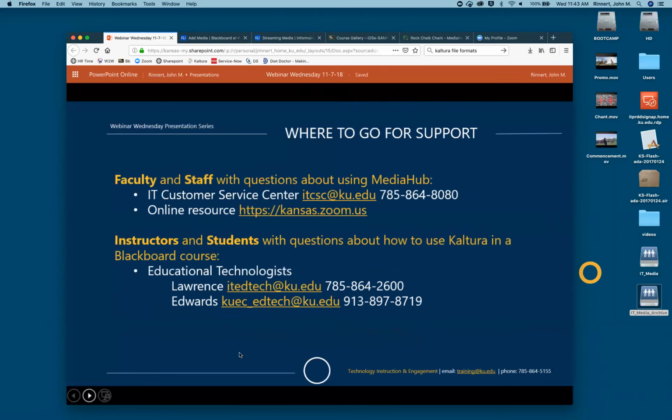So if anyone's still with me, you may have some questions after this, but I do want to mention a good place to get support for faculty, staff, and GTAs that have access to MediaHub. First of all, remember to change the URLs from the template you're using.